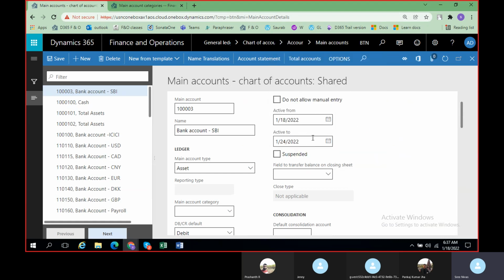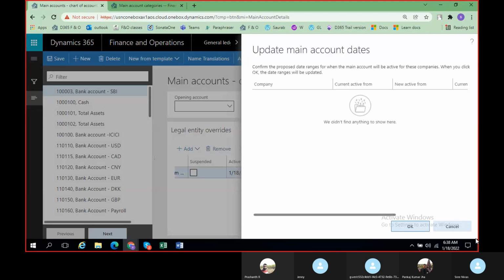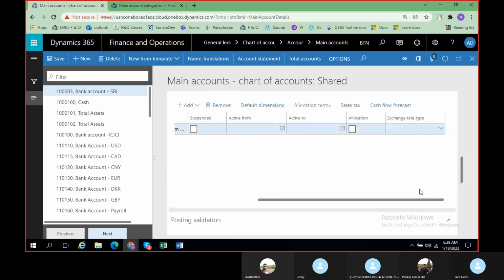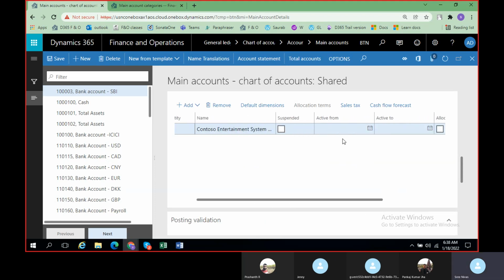Let me just remove this one, active from and to. Okay, if you have anything that is related to sales tax for this particular legal entity itself,